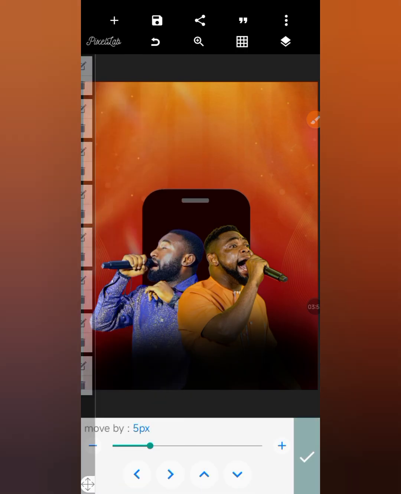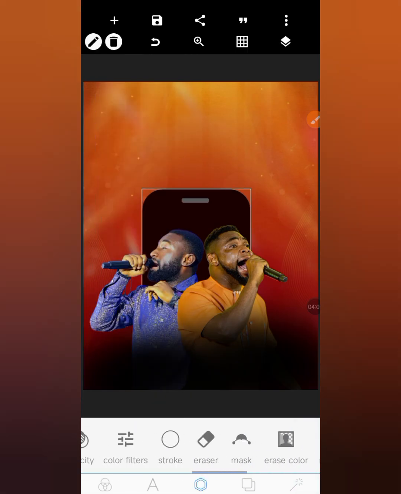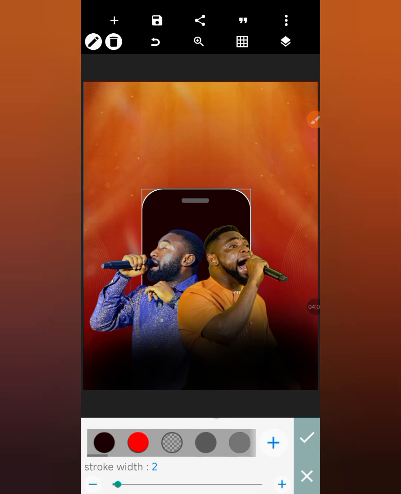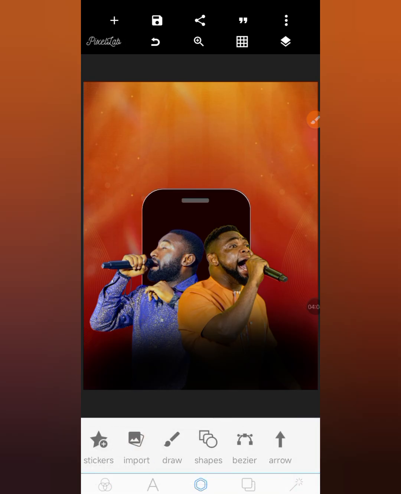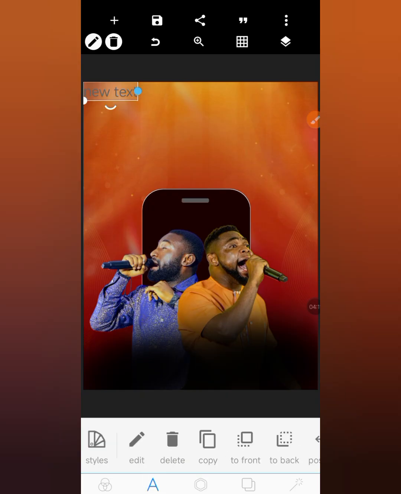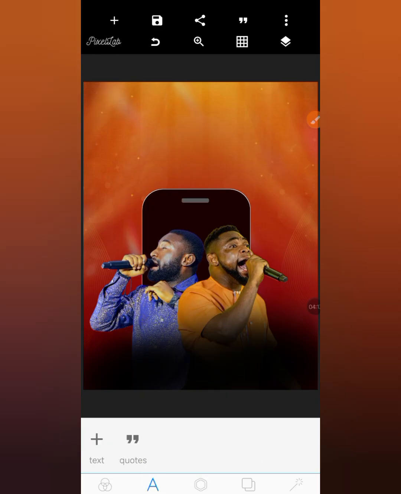All right, so the next thing I will do for the phone is to get over to my stroke, enable my stroke, put it at 1, so we have it line like this. Now the next thing we'll do, this flyer is a bit simple but it's technical, so I will simply bring in another